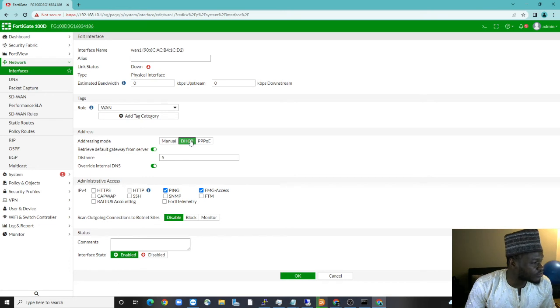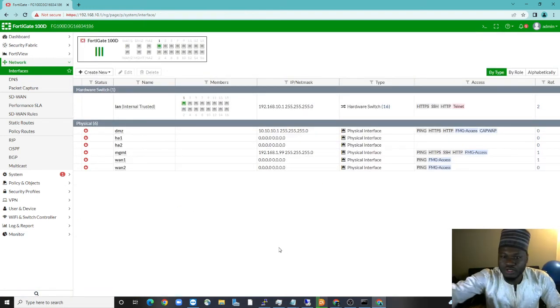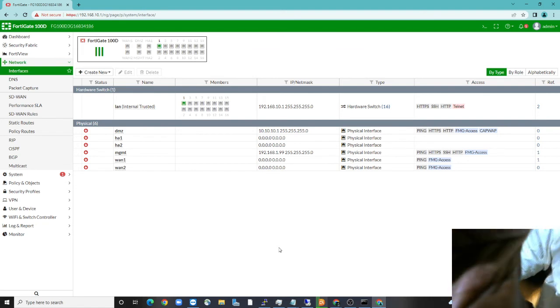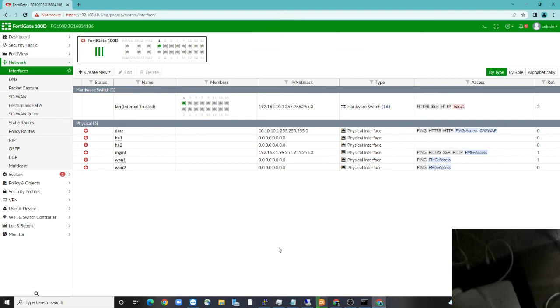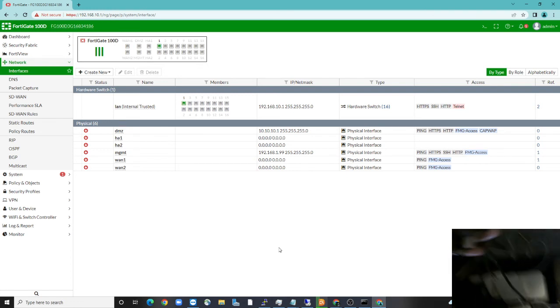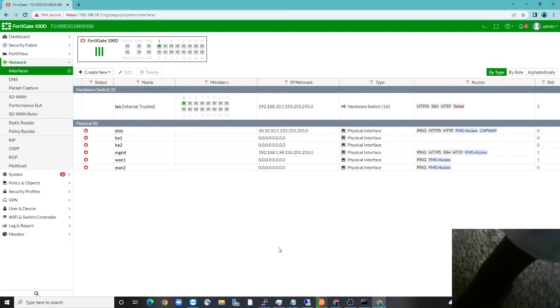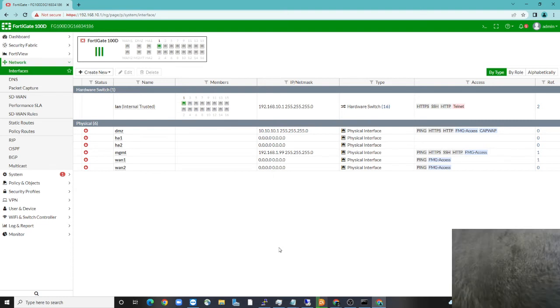So I'm just going to first of all make it DHCP. So I want my Comcast router or my AT&T router or whatever it is to give me a DHCP address. So I'm just going to click OK and make sure that I have my cord connected. I'm going to show you where my cord is coming from. So this is my cord coming from my Comcast modem. I'm going to connect it onto my Fortinet one interface. One here. Connect that over,